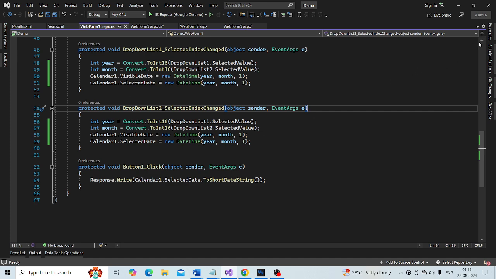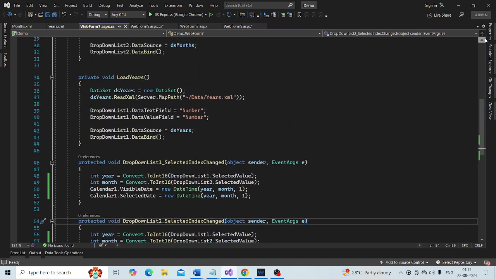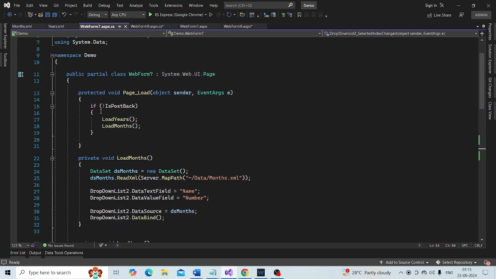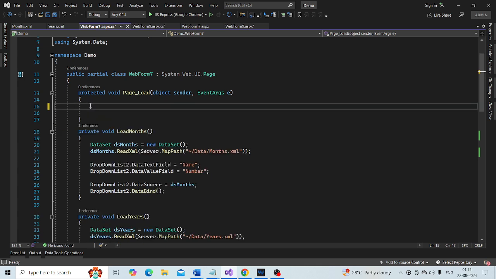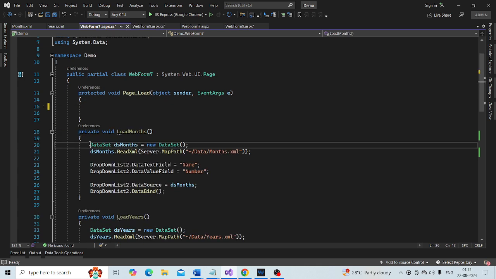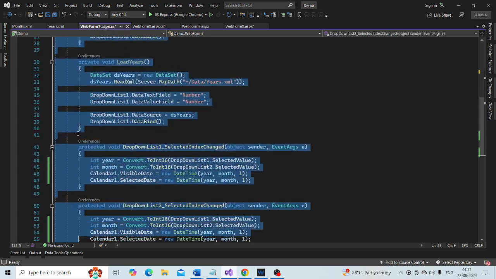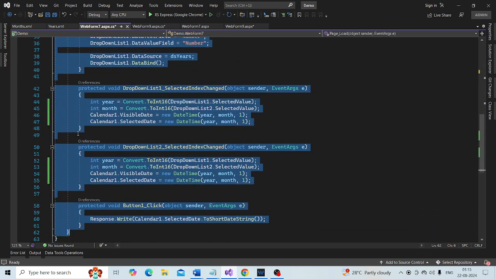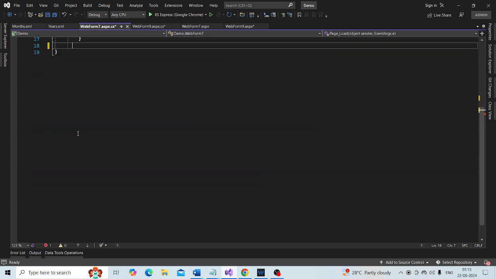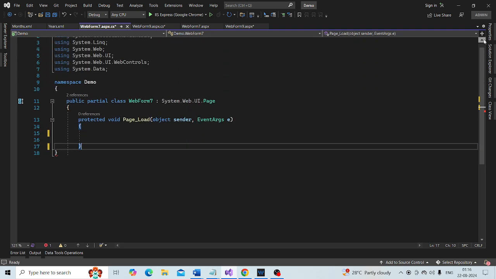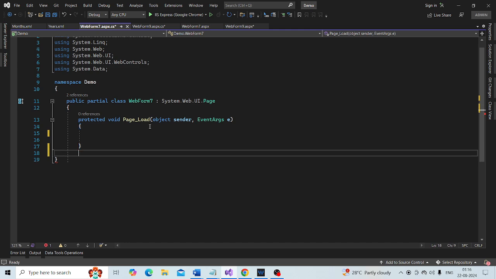So first let me remove all this coding from here. This is the web form 7 which we have shown you.